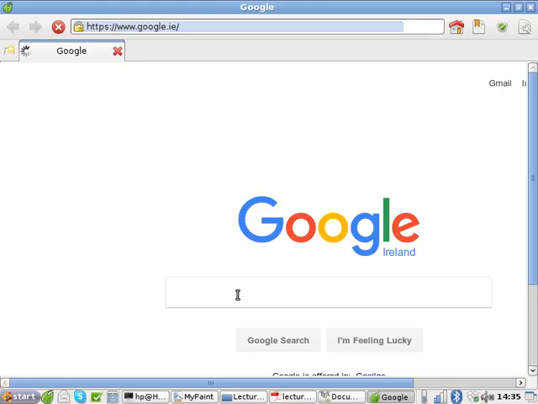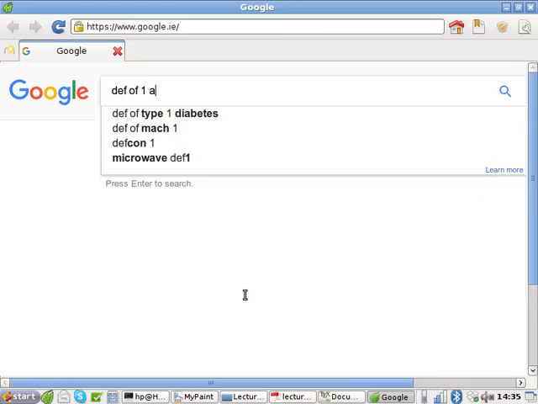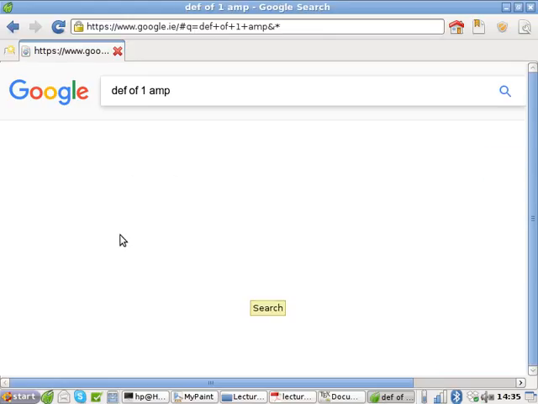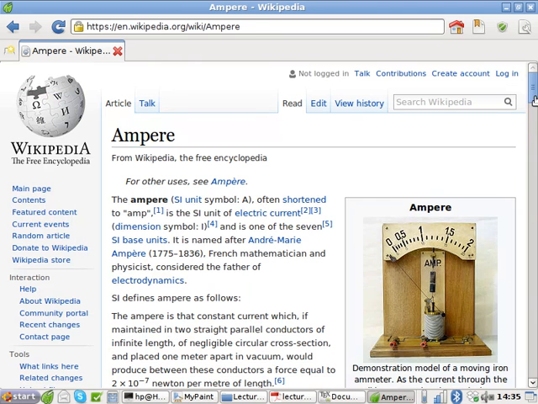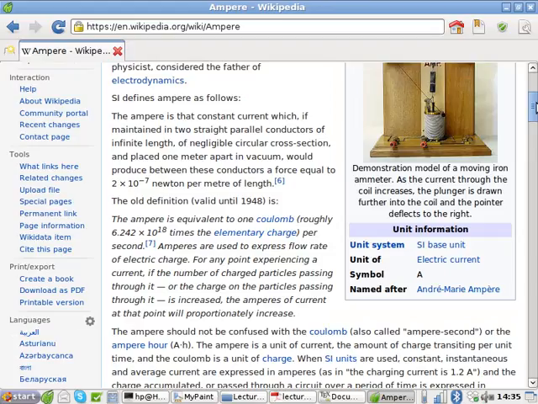Get the definition of 1 amp exactly right. Can't you just write unit of electric current? That's what I used to do. Yeah, but that means nothing though. Ampere, current per second. No, we don't use that definition in this course. I'm looking for... there it is. The amp is the constant current which, if maintained in 2 straight parallel conductors, would produce between these conductors a